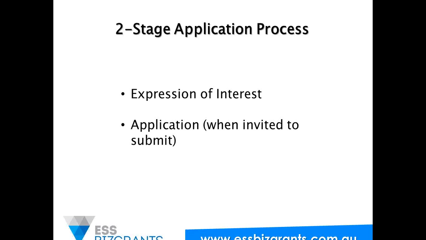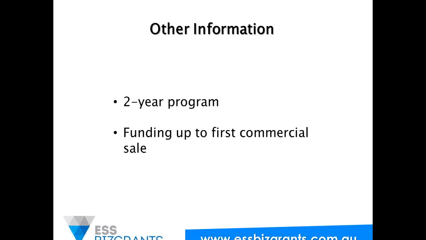The way I'd go about that process is giving a quotation and expecting some payments to be made according to milestones having been achieved. But in the first instance, a 1/3 to 50% upfront payment. It's a 2-year program, so all the work has to be completed in that time. And another very important requirement of this is it's funding through to the first commercial sale. Now, the commercial sale is at the generally accepted price that this product is able to be successfully sold in